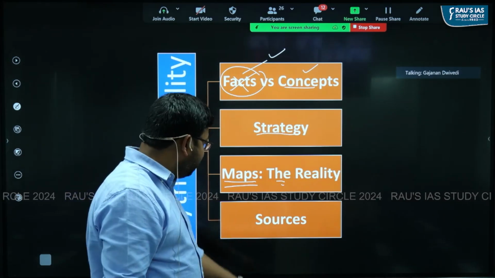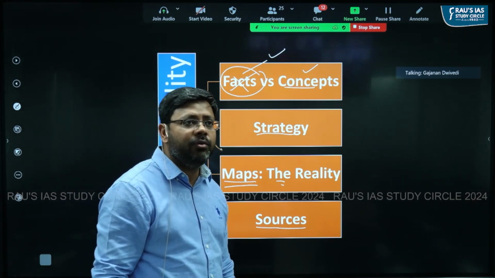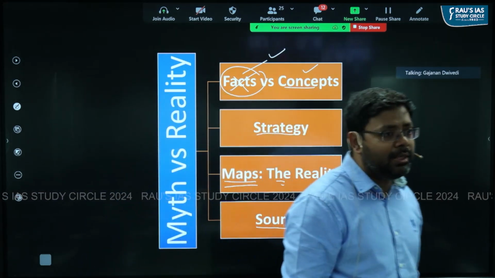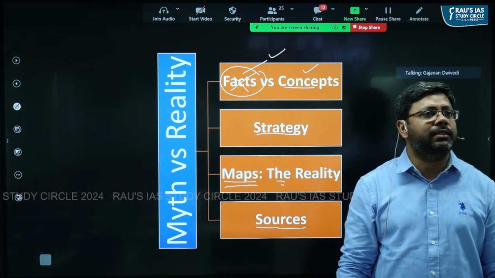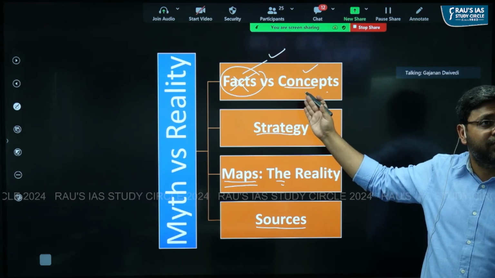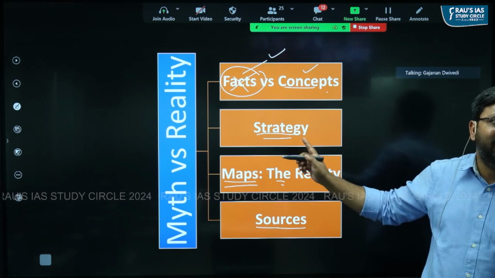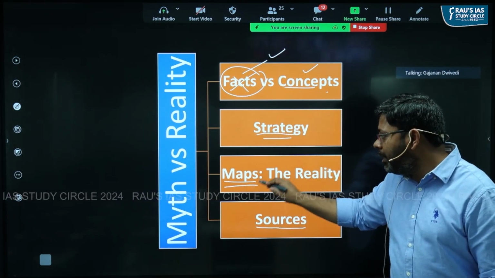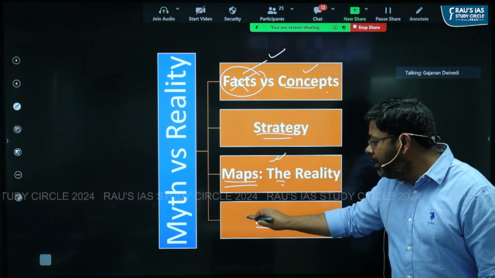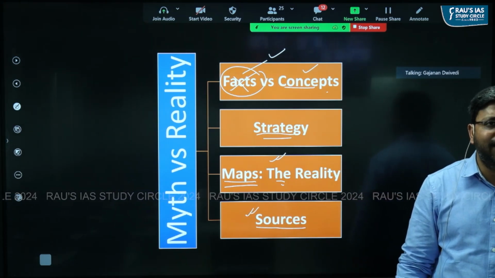Then what are the sources? What are the books that we can follow to understand and to go for history optional? So we'll discuss whether to go for facts or concepts, which way we should go in understanding history optional. What is the strategy to tackle history optional? Then the maps, how to tackle the map question, and what are the important books for history optional. यही बात डिस्कस करेंगे पर उससे पहले